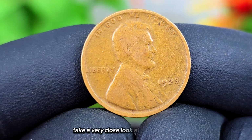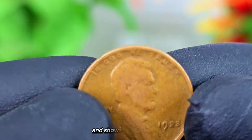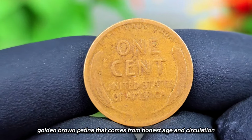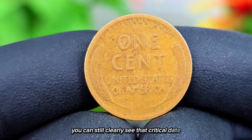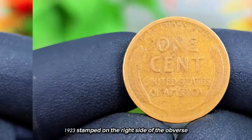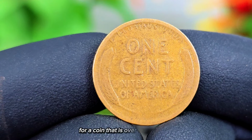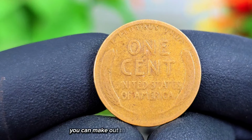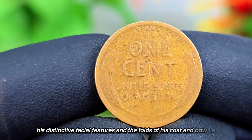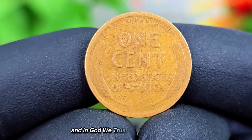Take a very close look at this specimen. Even though this penny has clearly been through a century of American history and shows that beautiful golden brown patina that comes from honest age and circulation, you can still clearly see that critical date 1923 stamped on the right side of the obverse. Lincoln's profile is still remarkably well preserved for a coin that is over 100 years old. You can make out the details of his beard, his distinctive facial features, and the folds of his coat and bow tie. The word Liberty is visible on the left side, and In God We Trust arcs across the top,